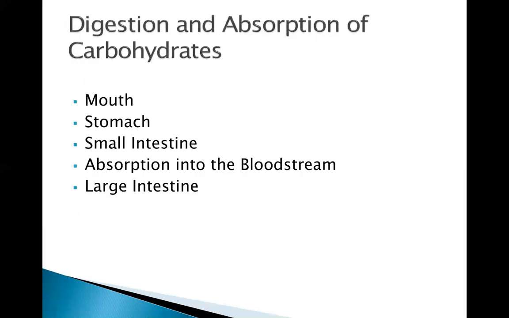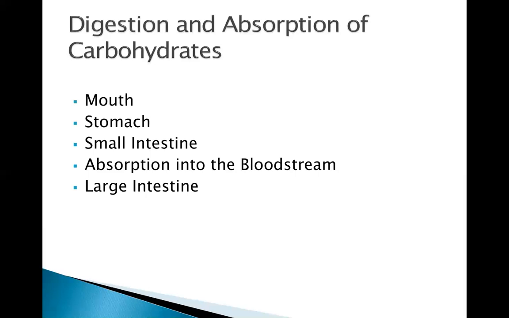How do we digest carbs? So carb digestion starts in the mouth, actually with something called salivary amylase. And amylase can start to break down some carbohydrates in the mouth. It's actually inactivated when it hits the stomach, though. Also in the mouth, we have some mechanical digestion. So by chewing our foods, we can expose more of the surface areas to enzymes. And then as those foods become a bolus and move down into the stomach, more of the enzymes and the stomach acid can access the surface area of those foods.